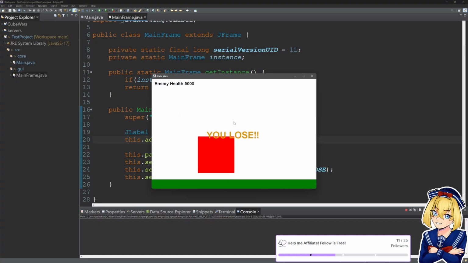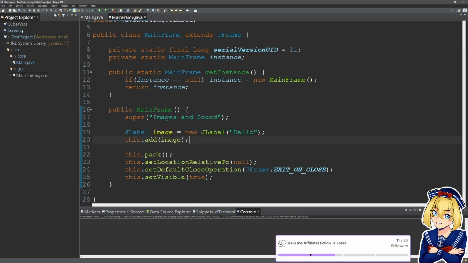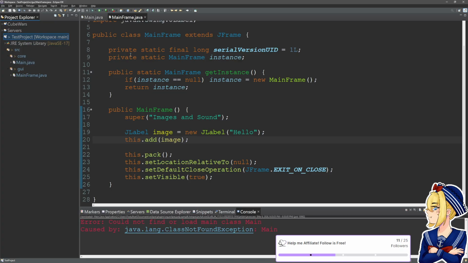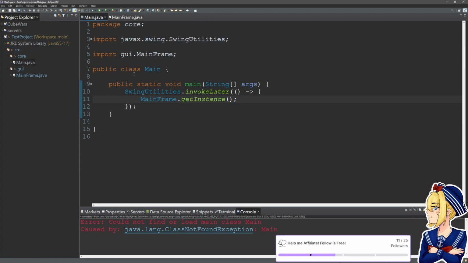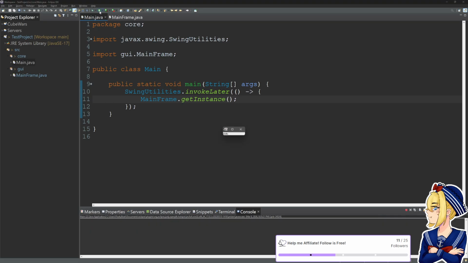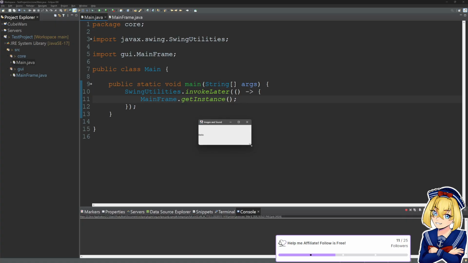When we run it, it's still trying to run Cube Wars. Could not find or load main class. I'm somewhat afraid that when I created this Git repository it might cause some issues for us, but it looks like it's doing all right.